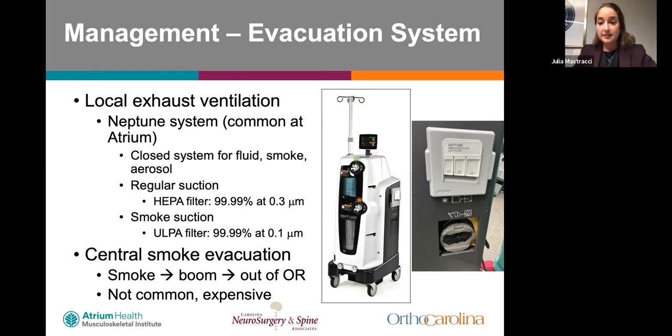There is actually a separate smoke suction component of this Neptune that I don't see used frequently in our operating rooms. It's on the side of the Neptune. It's this little gray box. And what this requires is using some sort of suction different than the Yankauer that's collecting fluid, and the suction only collects smoke, and then it goes through a separate tubing through the side of the Neptune. And what this does is it runs the smoke through a higher level filter, a ULPA filter. This filter filters 99% of particles at 0.1